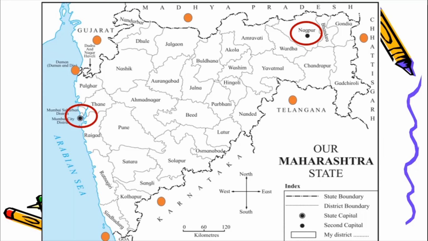So you can see beyond the borders. How do you know that you have crossed Maharashtra and you have gone to the other state? How will you come to know that this much part is Maharashtra and outside this part it is Madhya Pradesh, outside this part it is Gujarat? Because you can see the state boundary given there in dark line and dot. Dark line and dot is the state boundary.